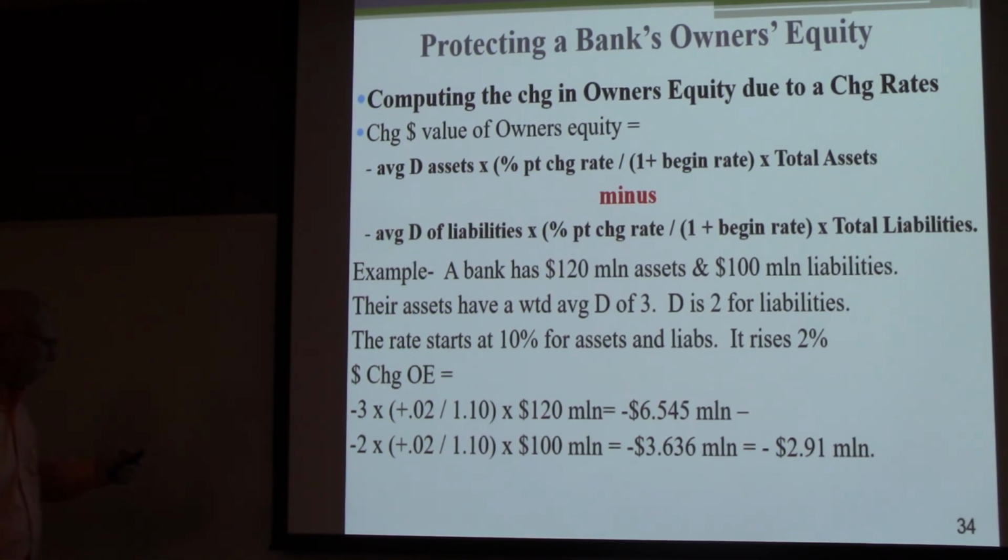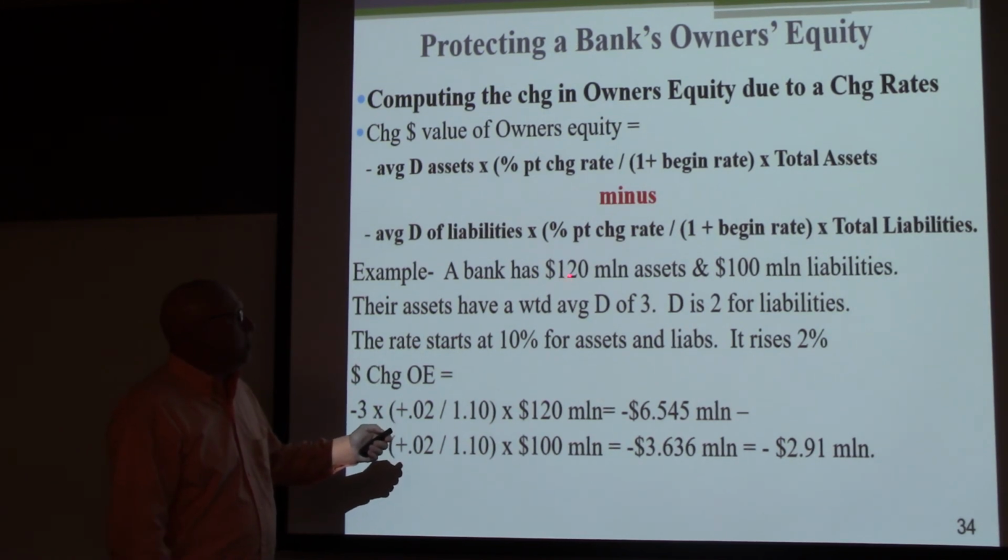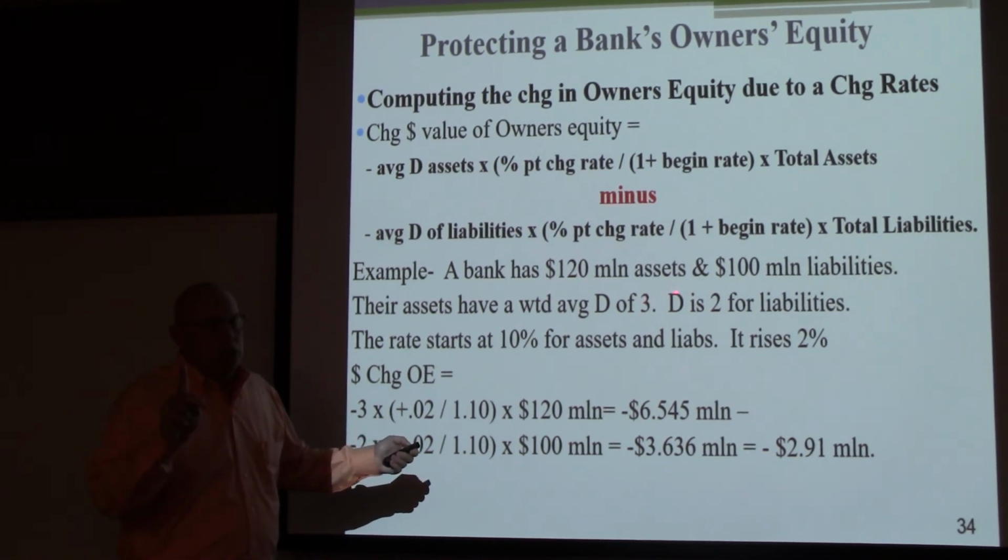So let's look. A bank has $120 million in assets and $100 million in liabilities. Their assets have a weighted average duration of 3. Okay? What do I mean by weighted average duration? Well, you got $120 million worth of assets. This could either mean that every one of the assets has a duration of 3, but the chances are